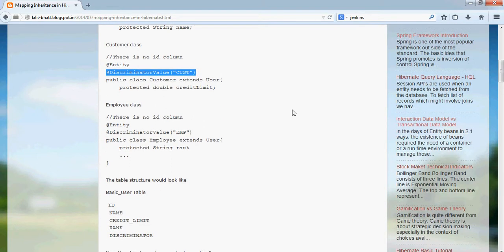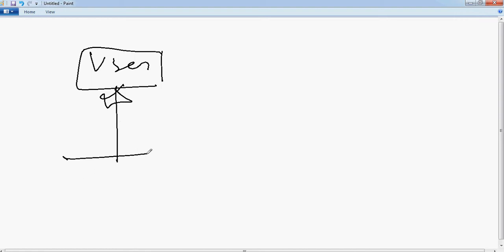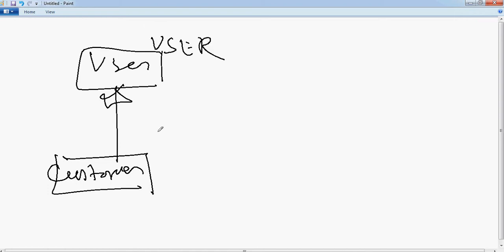So in this single table per class hierarchy, let's map the user and customer. You have seen the definition of the classes. We have a discriminator column for user, with the discriminator value user, and for customer you have cust.